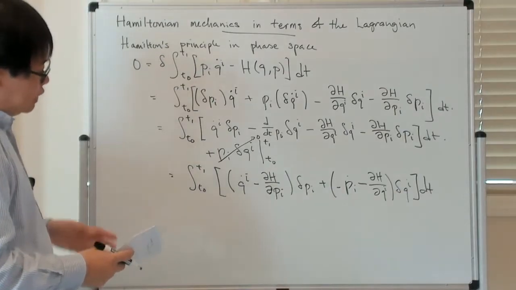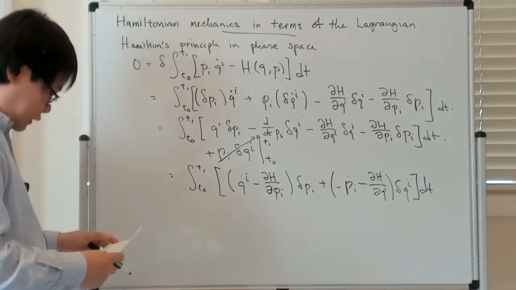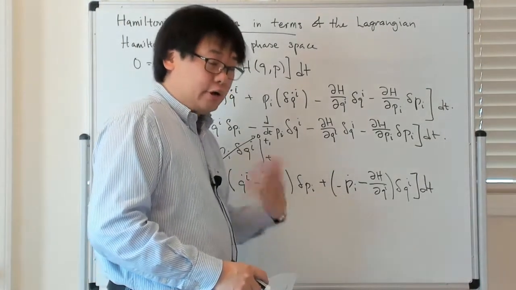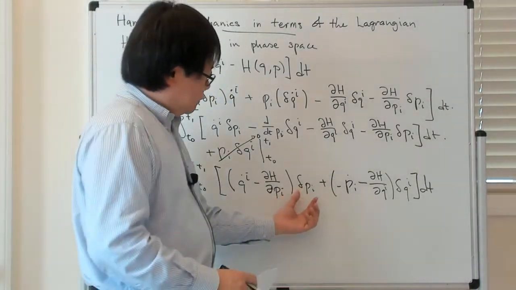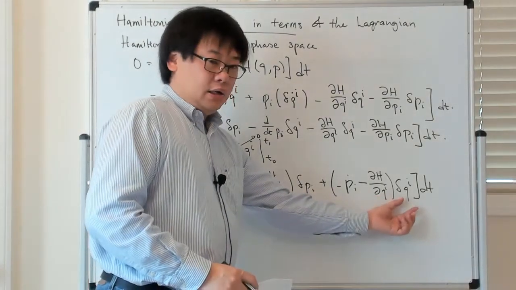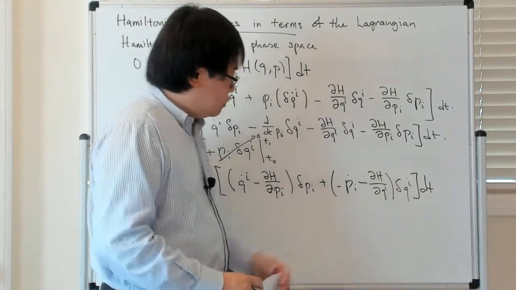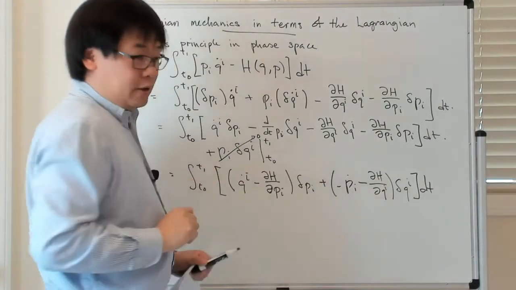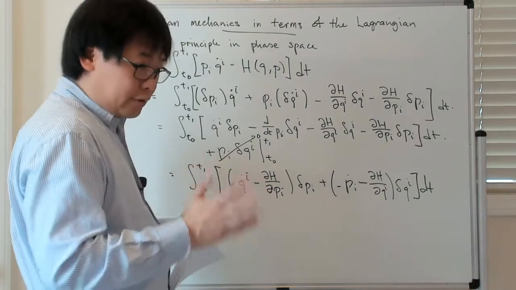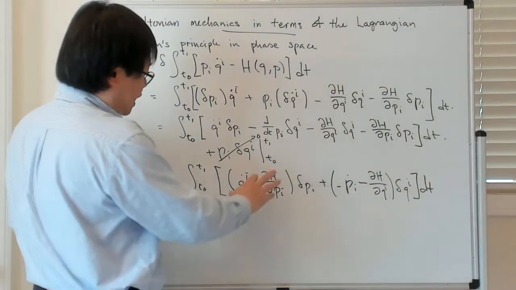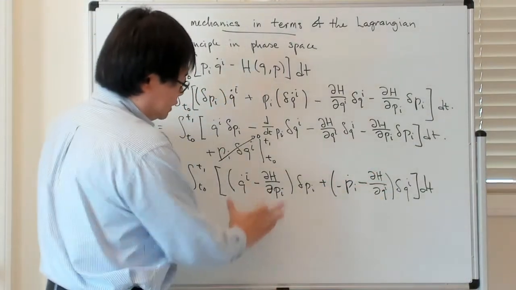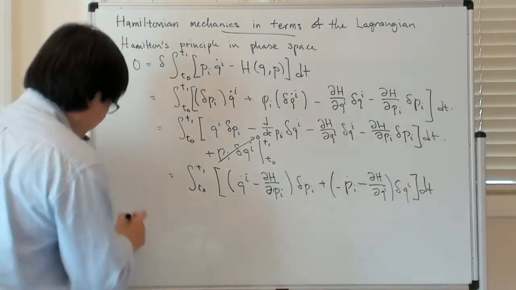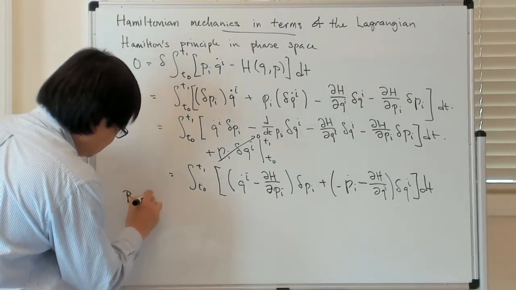Again, by the fundamental theorem of the calculus of variations, these things which are paired with the variations have to vanish because the variations in p are independent of the variations in q. So in order for this to be equal to 0 for all possible variations in q and p, it has to be that these things inside these curved brackets individually vanish, right? So by the fundamental theorem of the calculus of variations,